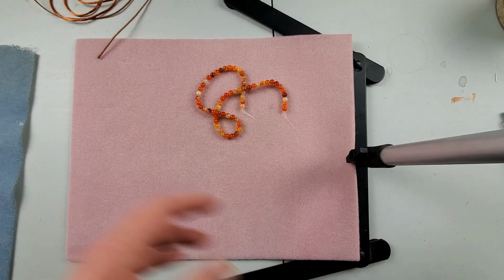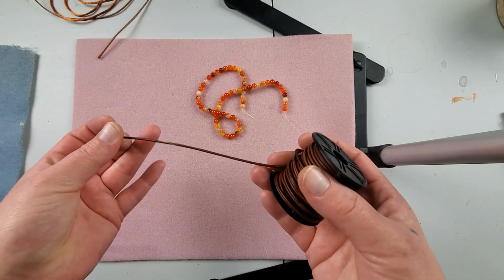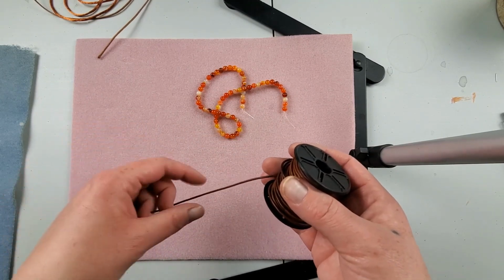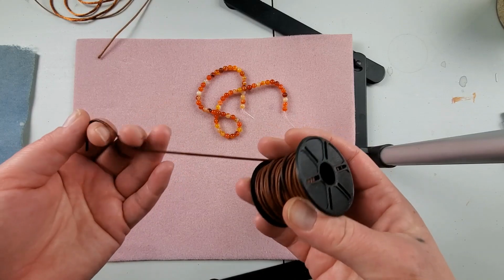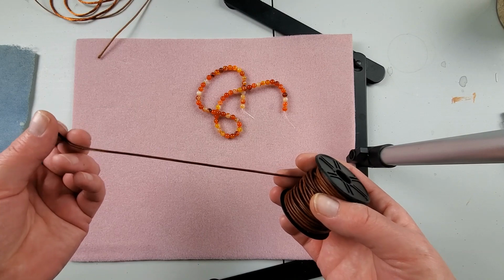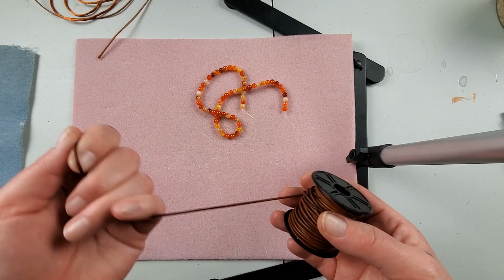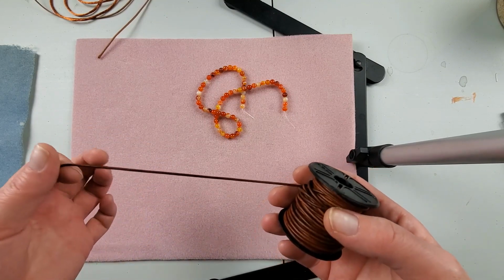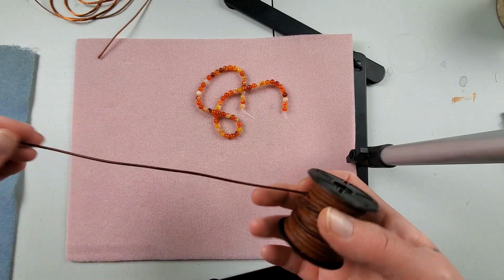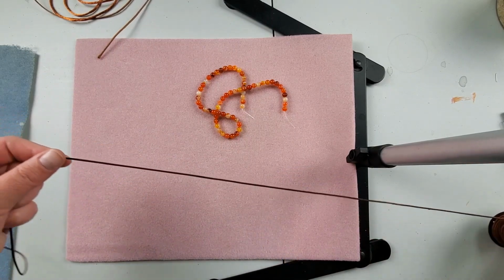But I do have some 1.5 leather. So this is 1.5. I think you could use a 1. Honestly, I would think 1.5 and under for this bracelet, because a 2 is going to be a little thick. So this is a 1.5. You could use a 1. You could even use a 0.5, but it might be a little hard to work with. So I'm going to use this,